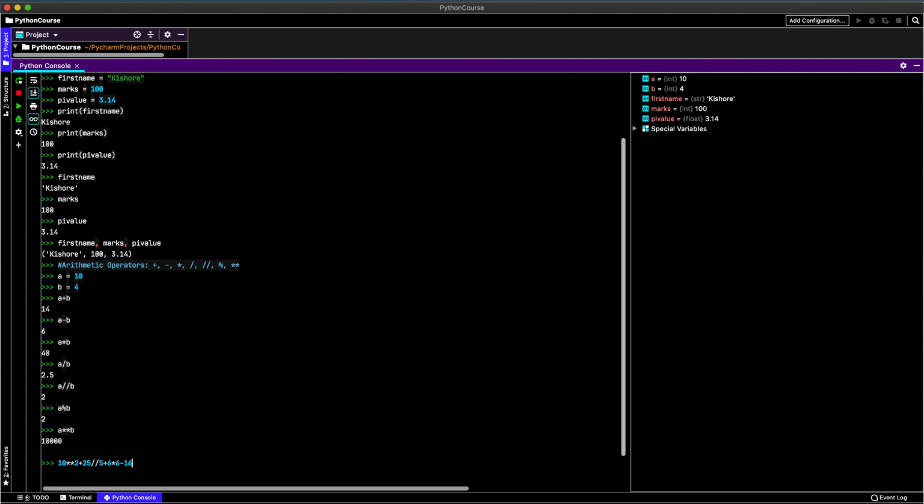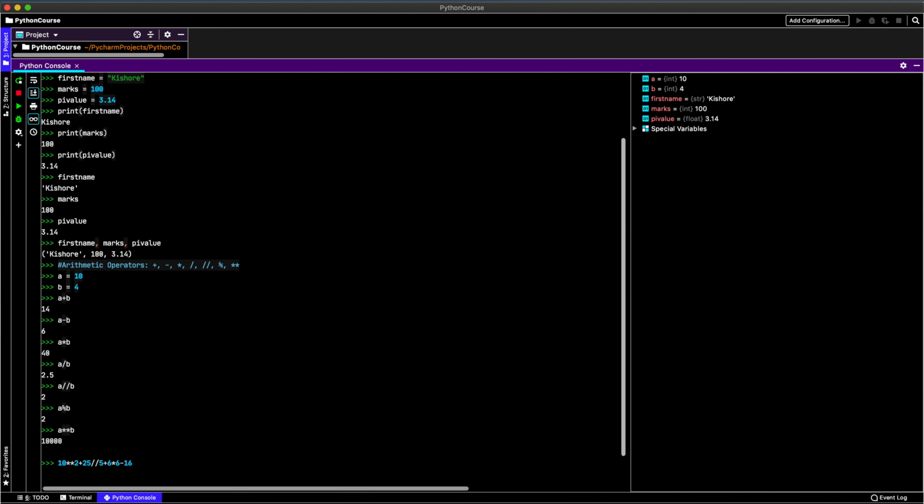If you calculate this expression manually in the order of operators and values, 10 to the power of 2 is equal to 100, plus 25 is 125, divided by 5 results in 25, plus 6 is equal to 31. 31 star 6 will give you 186, and then finally subtracting 16 will give you the result as 170.